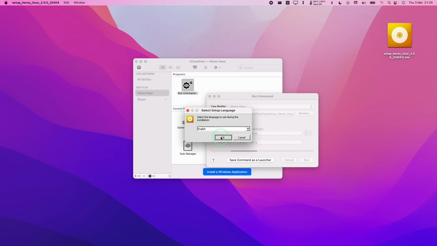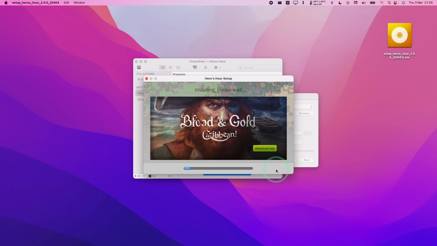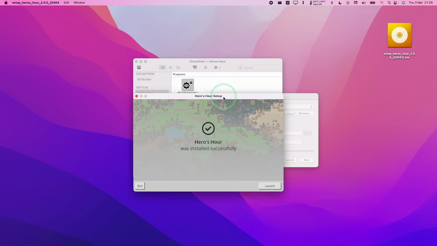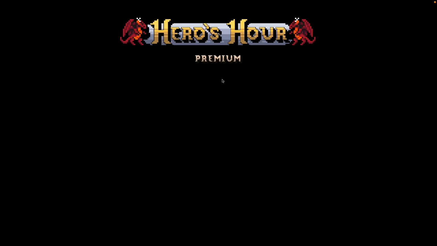and then we're just going to go through the standard setup. So we're going to accept the EULA and then press install. Then it's going to go through this installation process. Once that's done, we're going to go ahead and press the launch button,